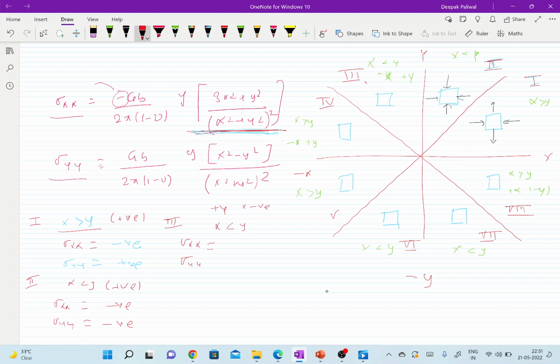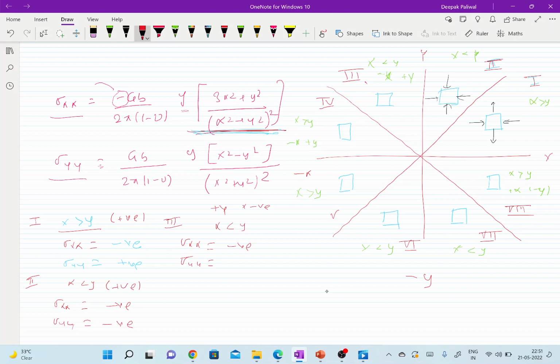Okay, see the sigma xx value here. Here is the square term, there is no sign, like y is positive, and here a complete term in the square form, so that would be also positive, so this is negative. It has a negative sign, so it becomes negative only. But in case of sigma yy,